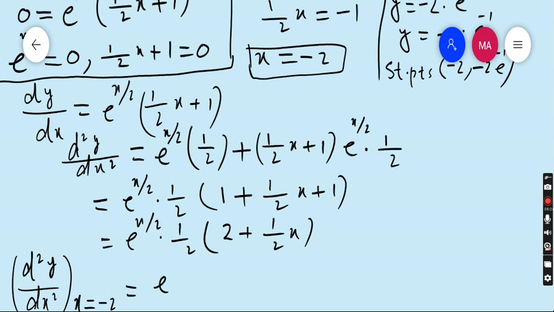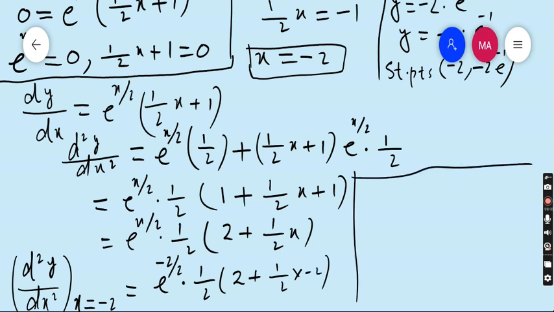So e power x upon 2, minus 2 upon 2 dot 1 upon 2, 2 plus 1 upon 2 x, x is minus 2. So minus 2 cancels by plus 2, e power minus 1 dot 1 upon 2. This 2 cancels by this 2, 2 minus 1 is 1,